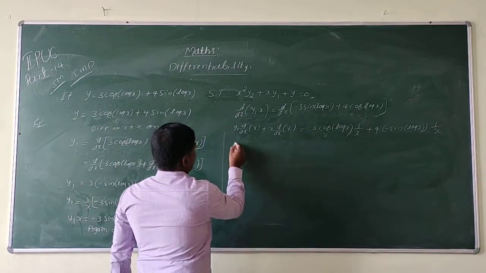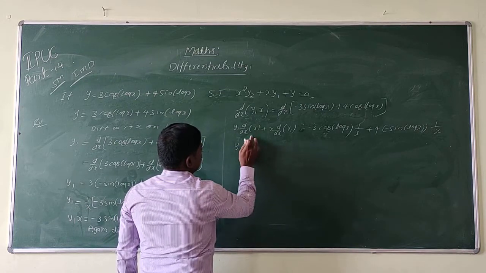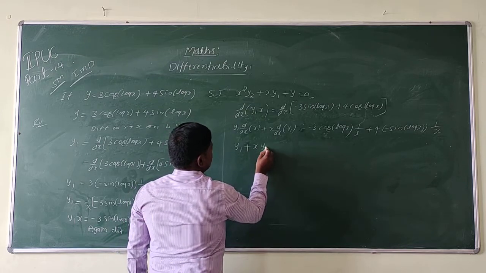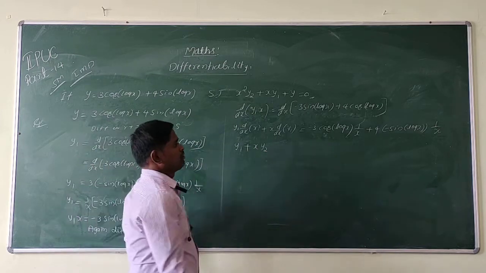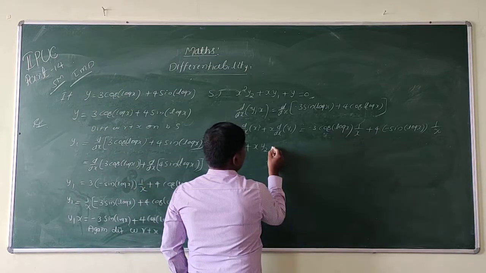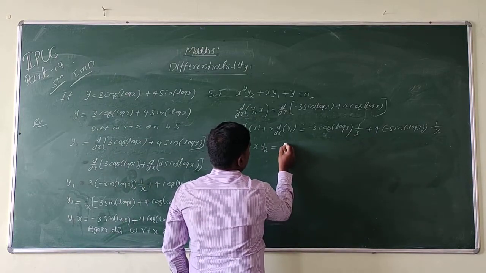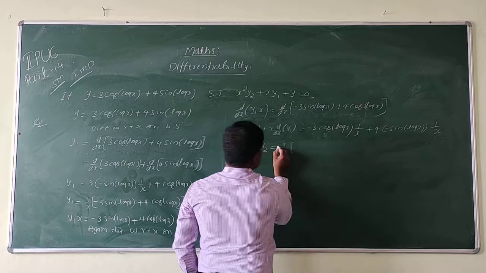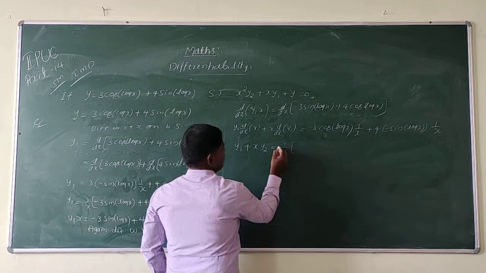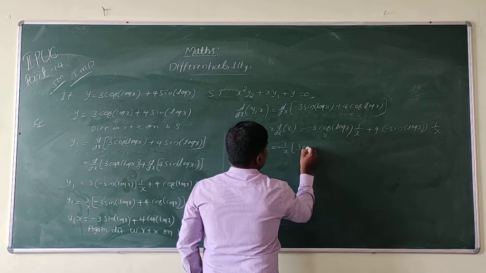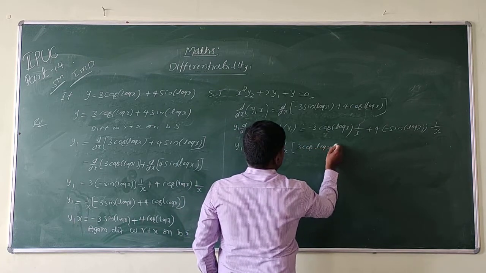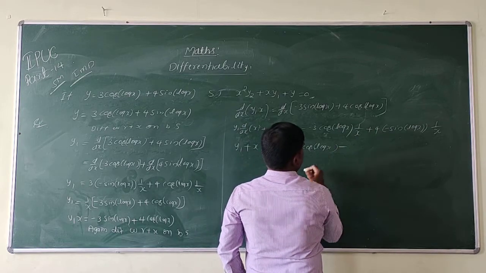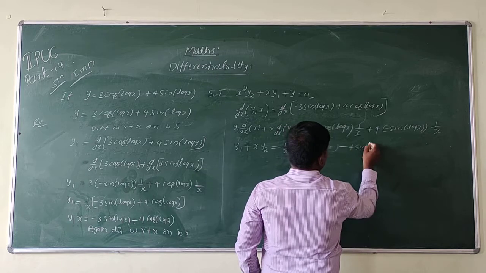So then we get y1 into differentiation of this, which is 1, no need to write, plus x into differentiation of y1, which is nothing but y2. Okay, so take 1 by x as common. On the minus side, take minus 1 by x as common. So we are left with 3 cos of log x. I am taking minus as common here, so this will become minus of 4 sin of log x.